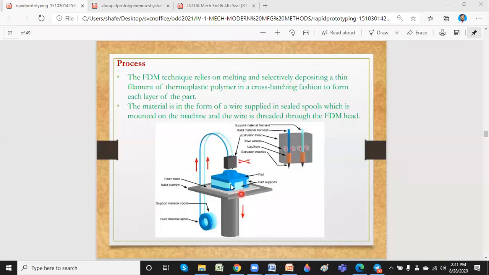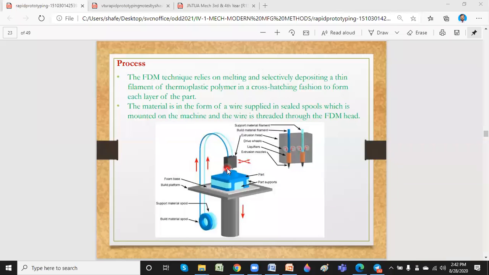Below the nozzle, we have a plate on which the desired shape will be built. This head can move in X, Y and Z directions so that whatever shape I need can be easily made.